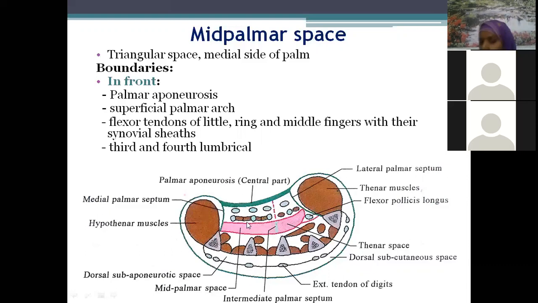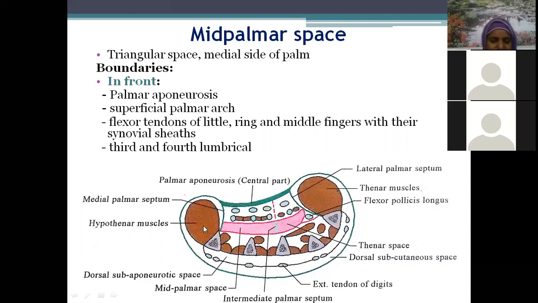Now we are only bothered about these extra spaces. Why are we concerned about these free spaces between the muscles? Wherever there is a free space, there is a risk of infection. There may be accumulation of pus, and a lot of pain if there is any infection. That is the reason we are bothered more clinically about these spaces. You will talk about these mid-palmar and thenar spaces again in 4th year surgery. Very, very important topic. Now, let us discuss the mid-palmar space in detail.